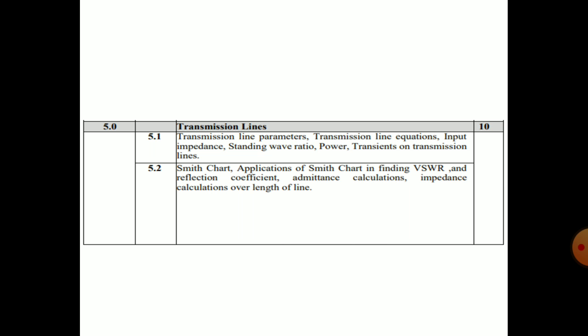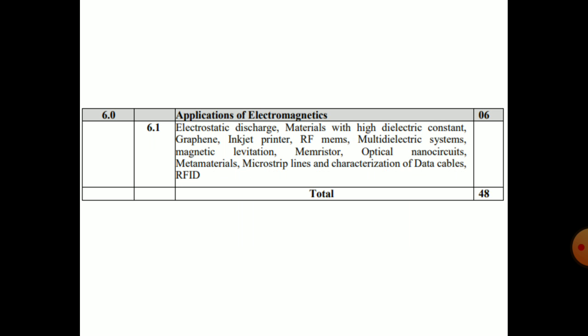This fifth chapter most of the time comes in the last part of the syllabus. So most students make this part optional, but don't make it optional, because it is the part where you can score 100% in the Smith chart. Next is the sixth chapter, the last chapter,